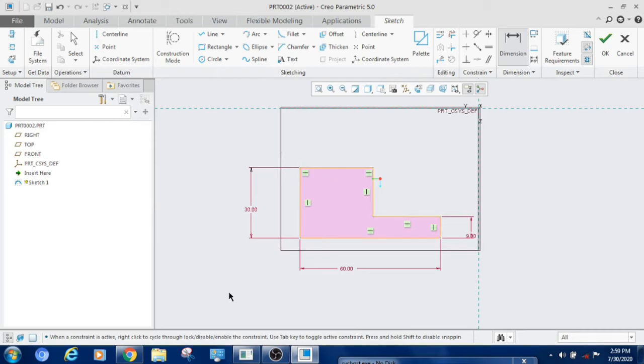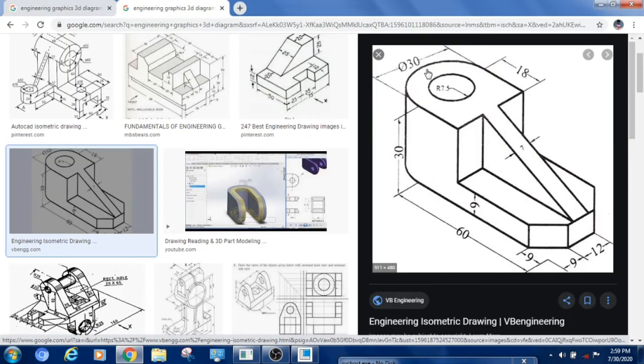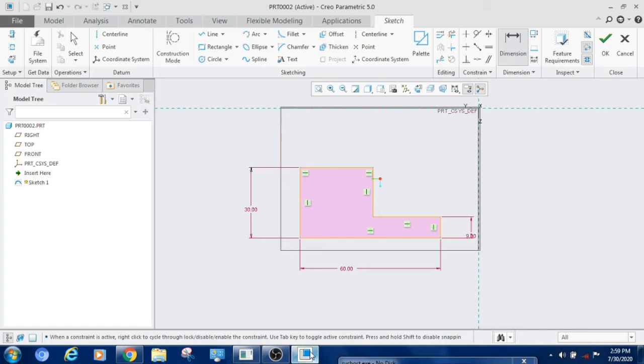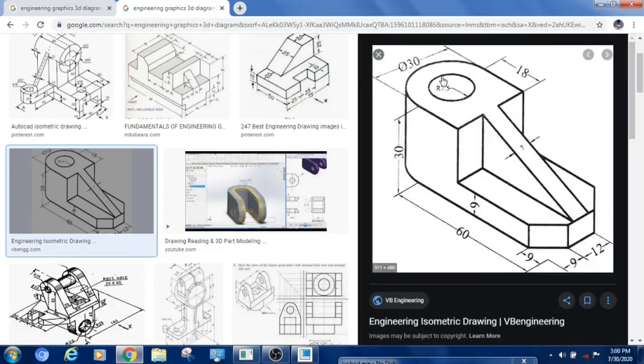For zoom in and zoom out, you can just use the middle mouse scroll button. Here you can see the diameter they have given is 30, so the radius will be 15. 15 plus 18, so this total length is 33: 15 radius and the remaining 18 they have given. I am giving 33, and this one 9 we have given.